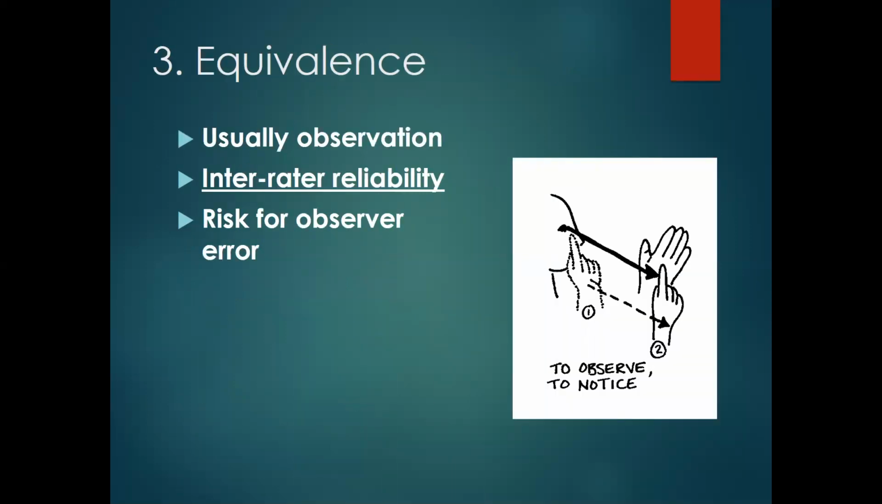Finally, equivalence. This is about an observation, and it's about two different people. If two different people measure the same thing and get the same result, then we call this more equivalent. So there's always the risk that the person measuring will make an error. But when two people measure and get the same answer, then you can say that we're more confident in the equivalence